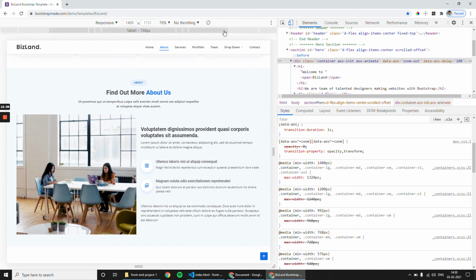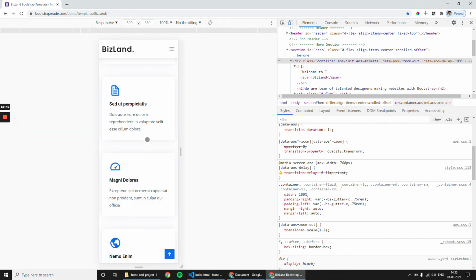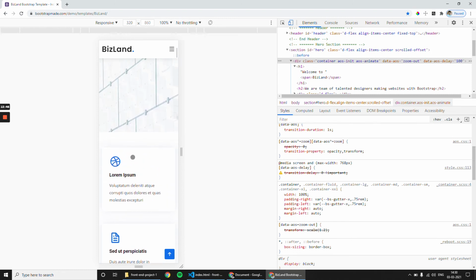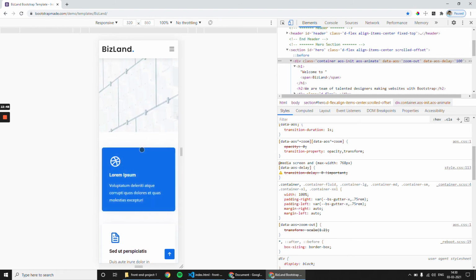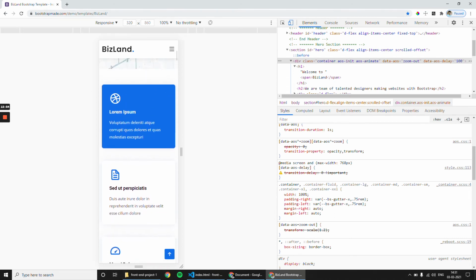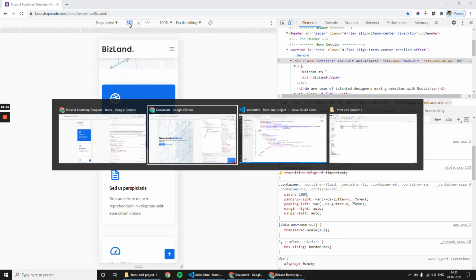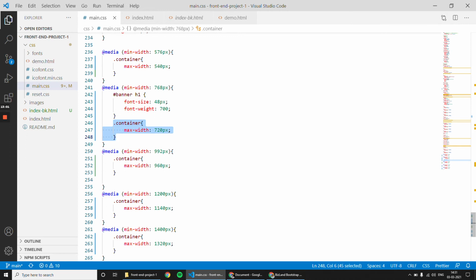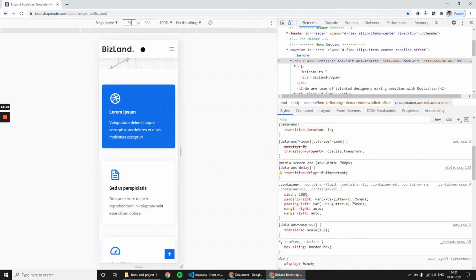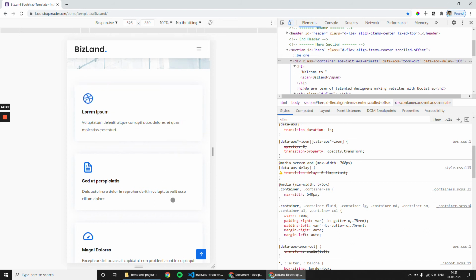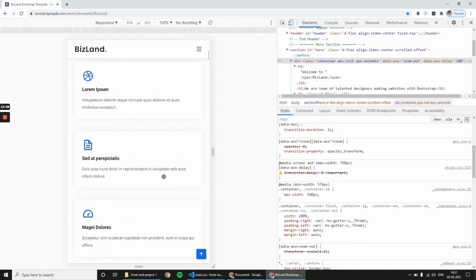You will set the small screen first, and if you are going to write styles for this section, then you will achieve this view first, then you will set the next breakpoint, that is 576, and see what changes have been applied. I don't see any changes here.